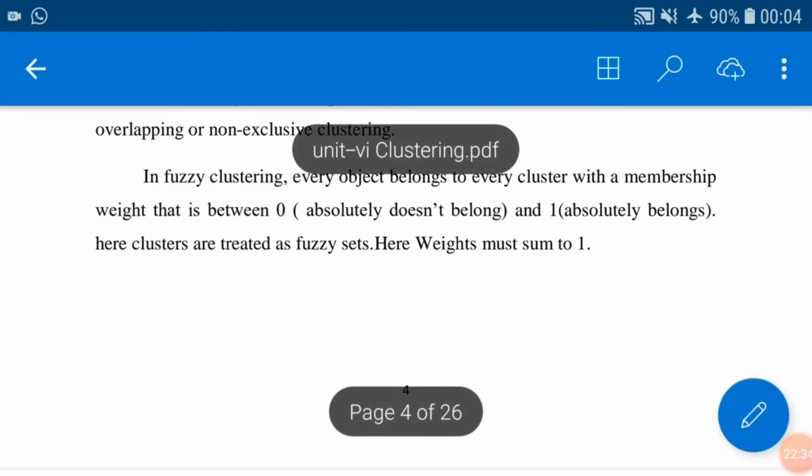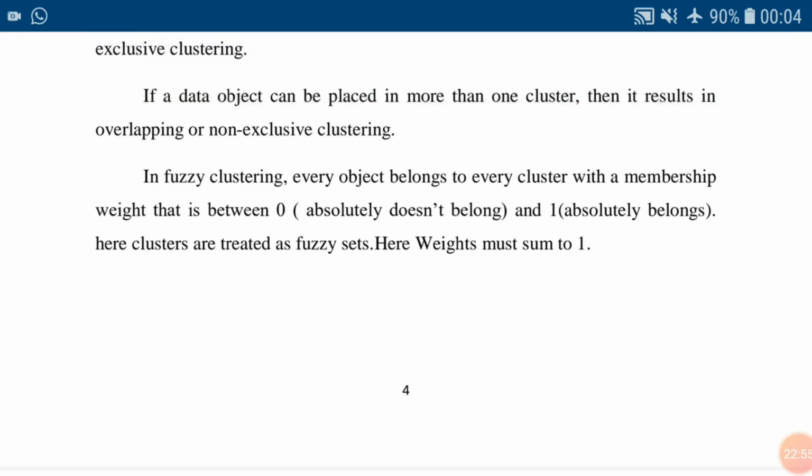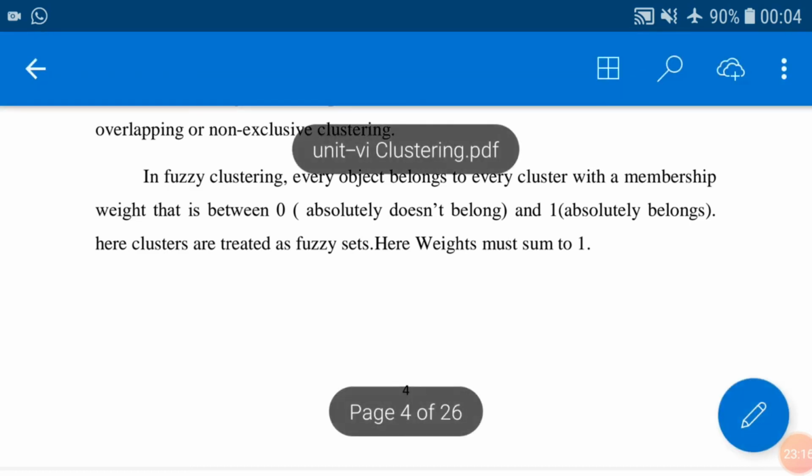Every object has some value, and the values of the total items are combined. For example, those values are only between 0 and 1. If a cluster has 4 elements, where the first element value is 0.2, the second is 0.2, the third is 0.1, and the fourth is 0.2, then the sum is 0.7. That does not come under fuzzy clustering.